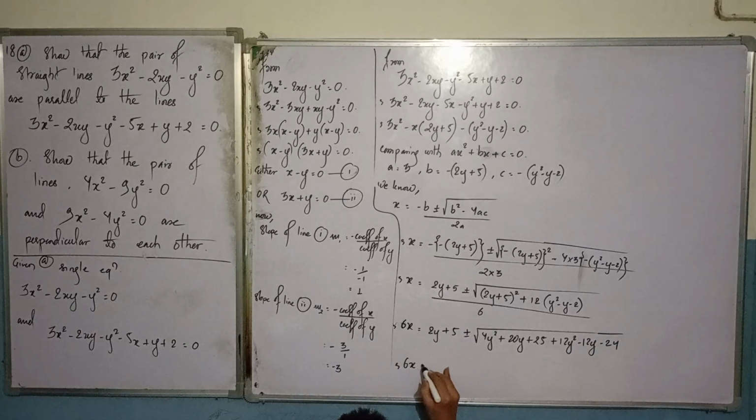Or 6x is equal to 2y plus 5 plus minus, so 4 plus 12 that will be 16y squared, and plus 8y, 25 minus 24 that will be 1. Or 6x is equal to 2y plus 5 plus minus the square root of 16y squared plus 8y plus 1, this can be written